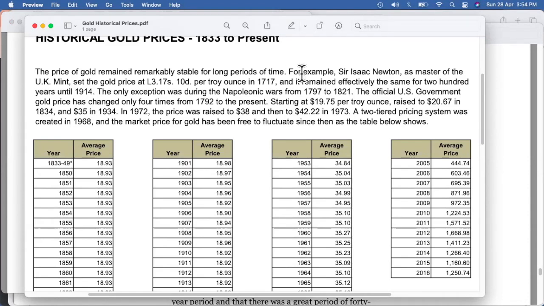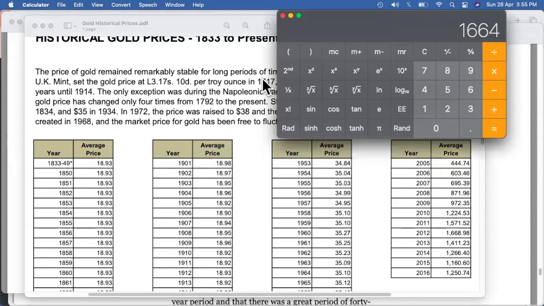Let's say this is just an example that has been given. Sir Isaac Newton, as master of the UK Mint, set the gold price. So the prices which have been given are from 1717. 1717 is there, and even if you want to backtest this data, even if you consider for